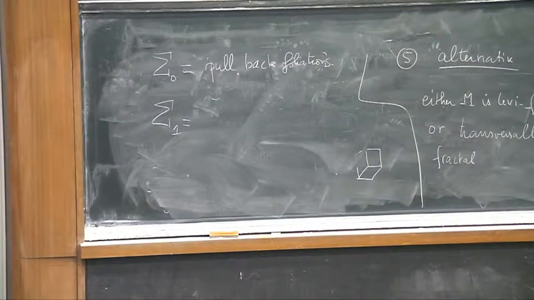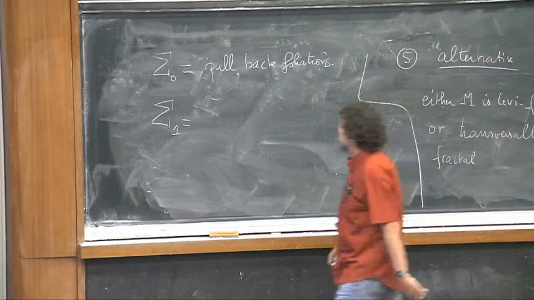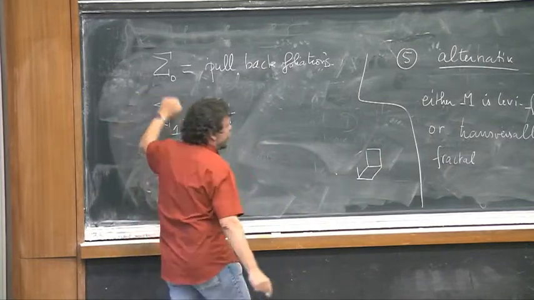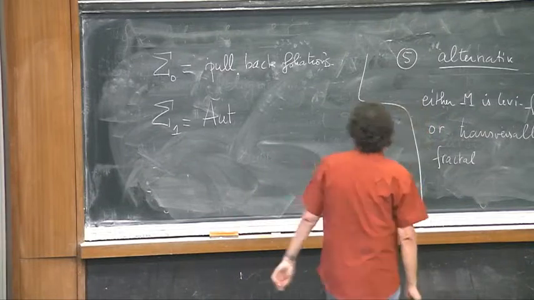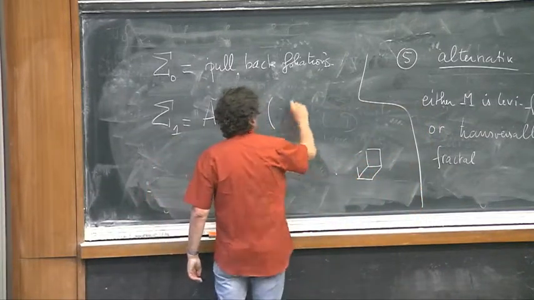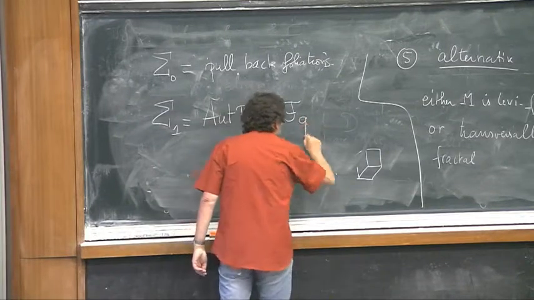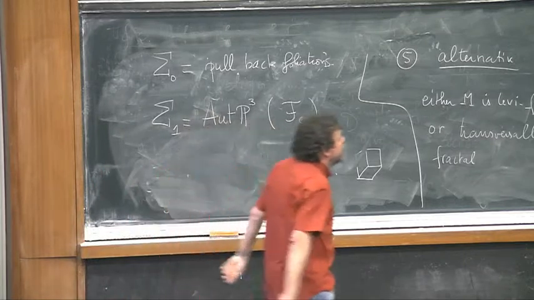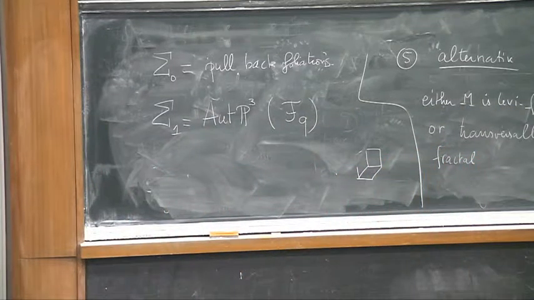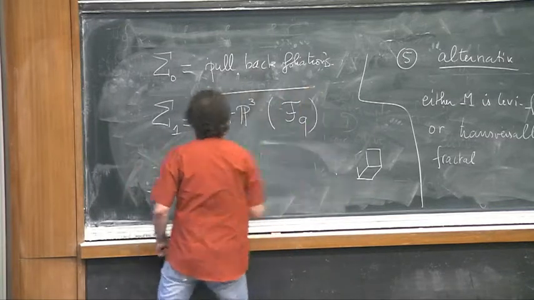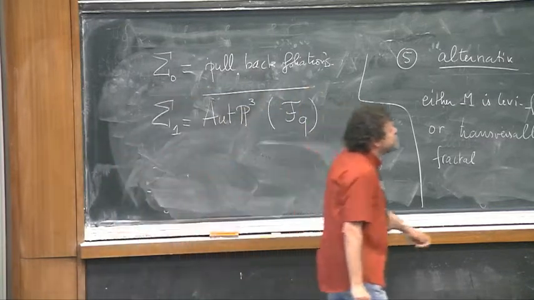That means all the action of the automorphisms of P3 on the foliation induced by the quadratic form. So you make linear transformations, and you take the closure of this, and the theorem is that